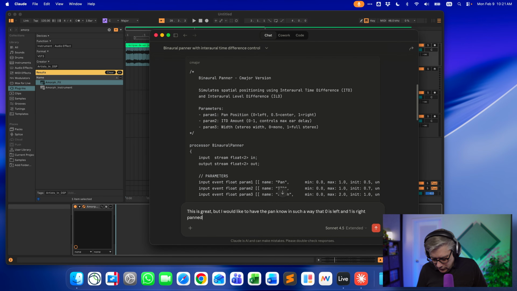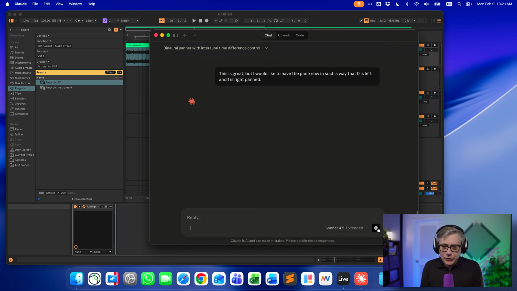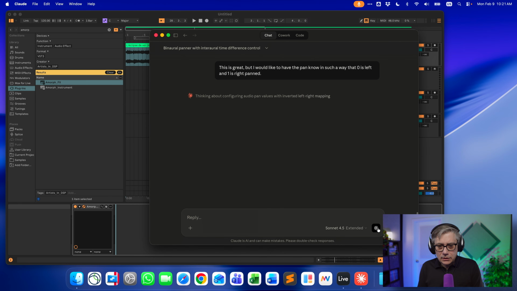Not really English, but who cares. So let's just see if it's trying to do something: thinking about configuring the audio pan knob, calibrating normalization from 0 left to 1 right. Let's see if this is actually successful.